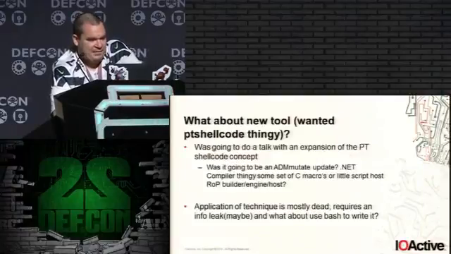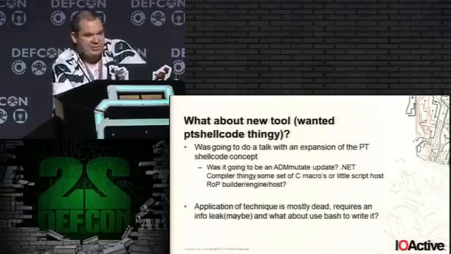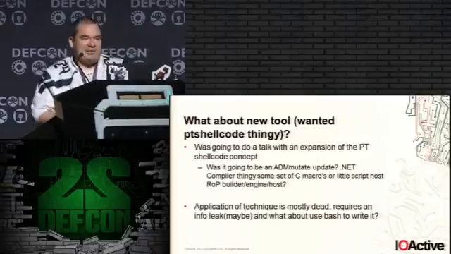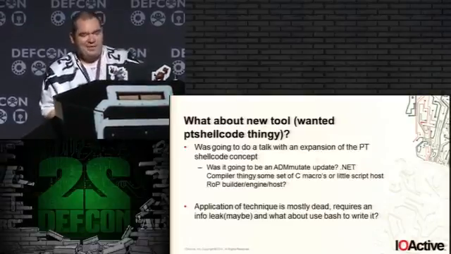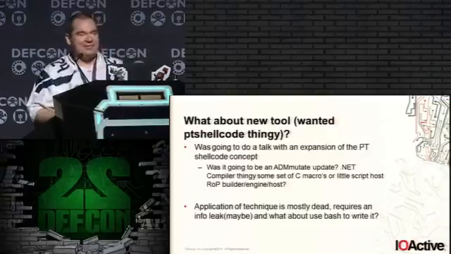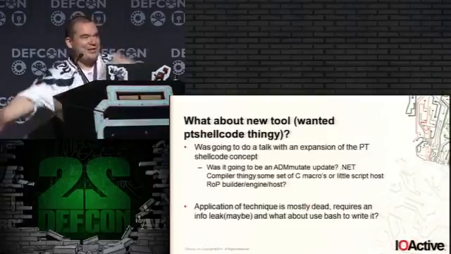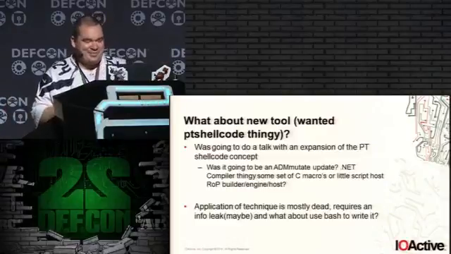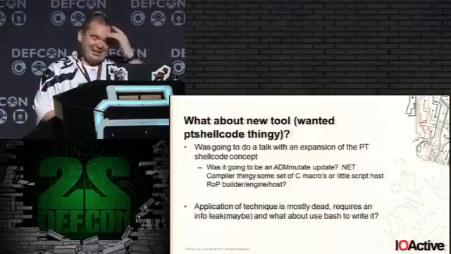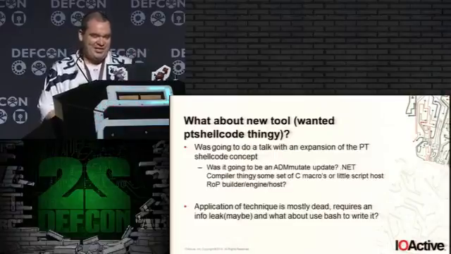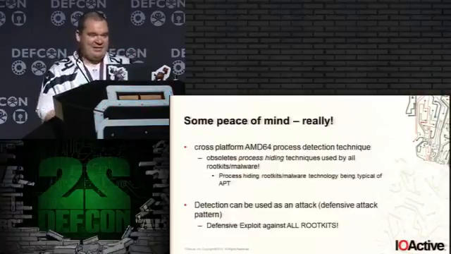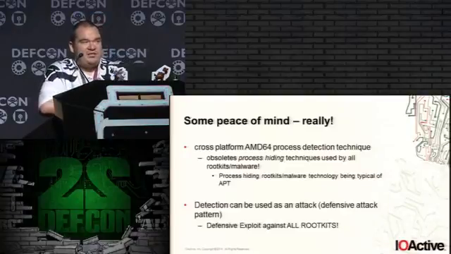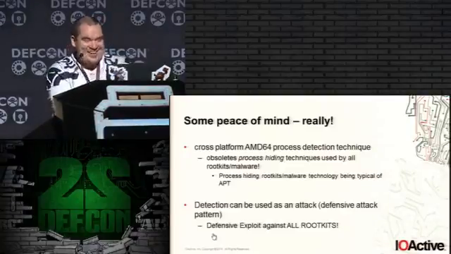And again, I spent some time wrestling with, okay, I'm going to do this as an ADM mutate update. Maybe they released this .NET compiler thing. Maybe I'll do a compiler. And I was like, maybe I'll do it as a bash script. And I was like, it's really hard to deal with those nulls in bash. So what I did find along the lines was this upcoming technique,